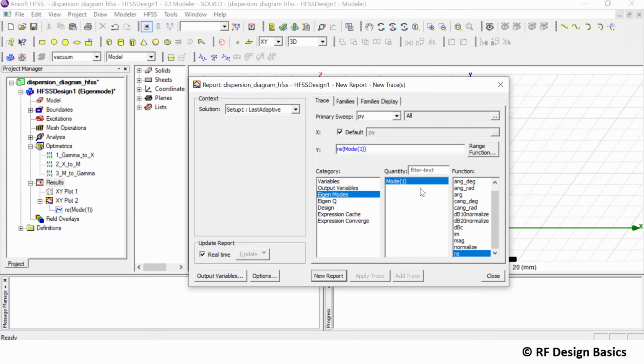If you had selected more than mode 1, then 2 modes would be there, and you can plot both modes individually and then put them in the same graph to get the band gap. Here we are just going to see the dispersion of the wave by looking into the wave number. So we have taken only one mode, and this is the real of the value, so RE, and click on new report.